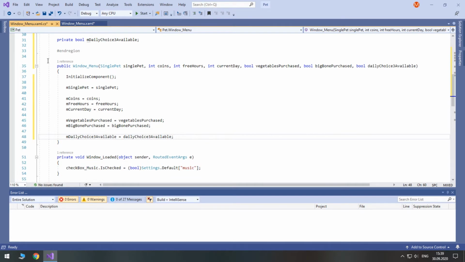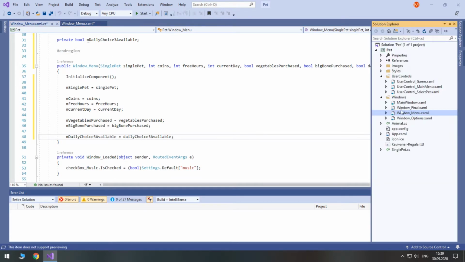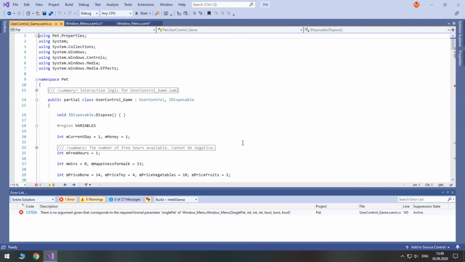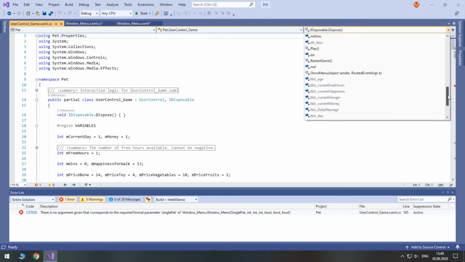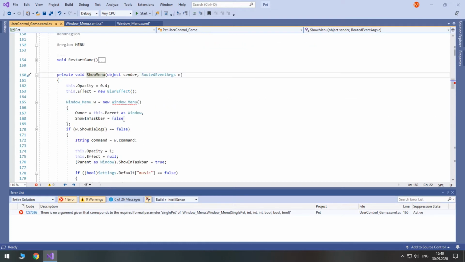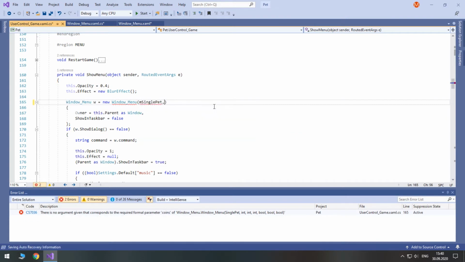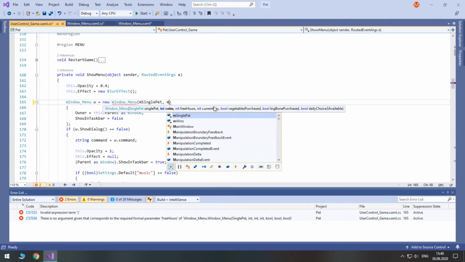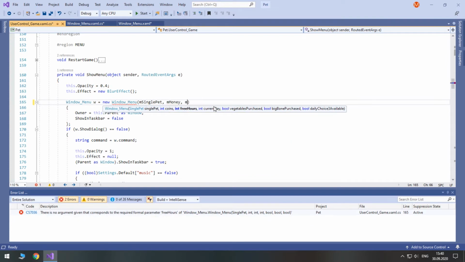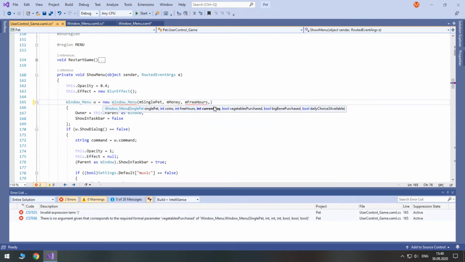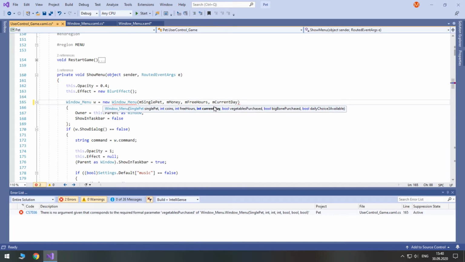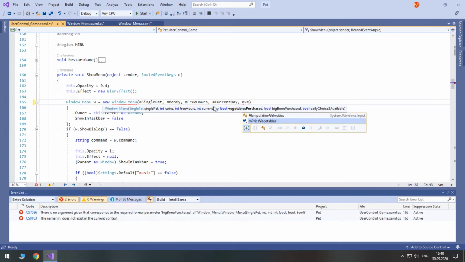Okay, now let's finally go to user control game XAML.cs, and we need the show menu method here. So in this constructor we need to pass the needed parameters. First of all, m single pet, then m money, then m free hours, then m current day, then m vegetables.